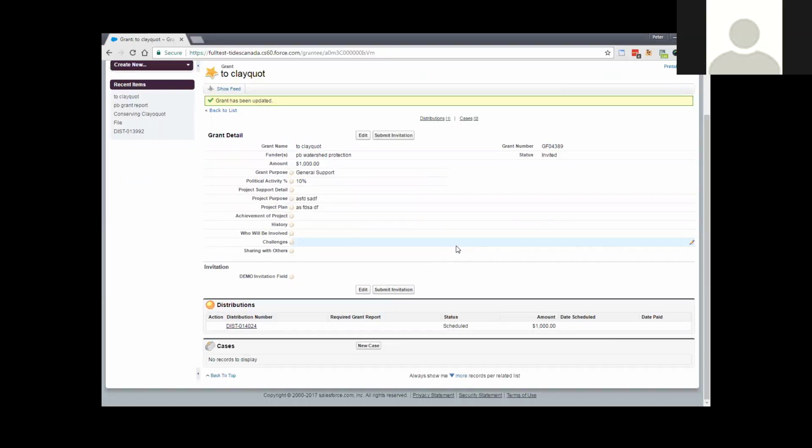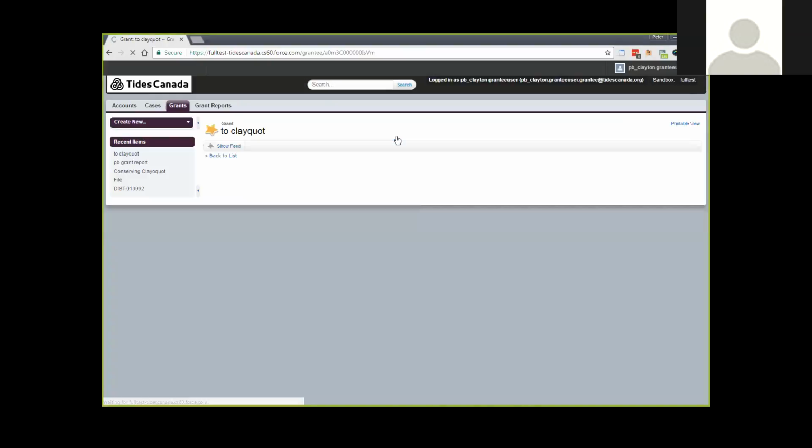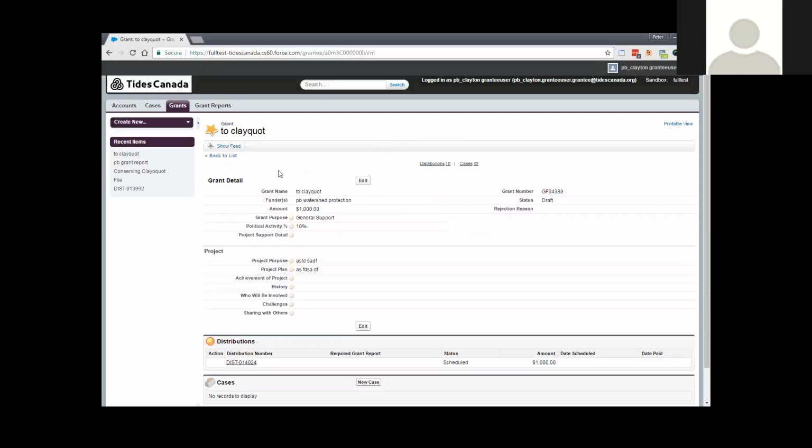We can have them attach documents. I just don't have that enabled here, but we can turn that on. That's very easy. So they'll be able to upload documents as well. All right, let's submit it. So now it's been submitted and it is put into a draft status, which is, if you recall, a status that you guys used before when creating new grants internally. So now it's basically been requested by the funder, clarified by yourself, invited to the grantee, submitted by the grantee,